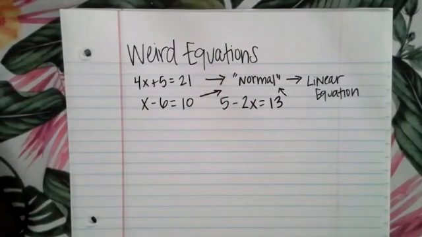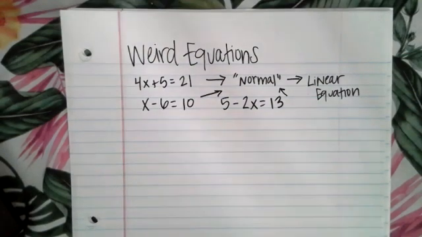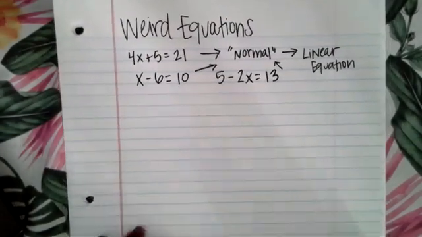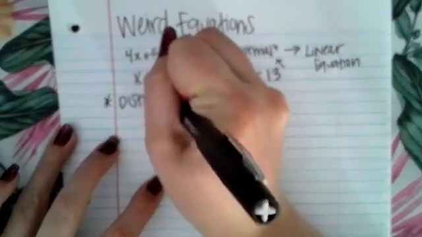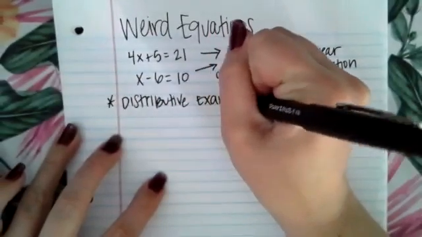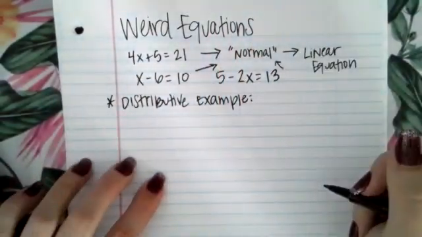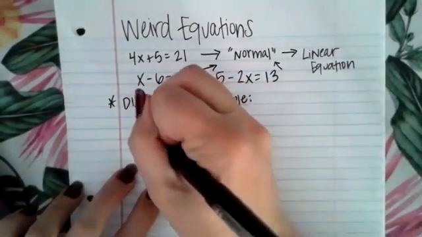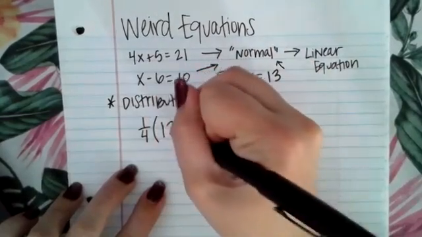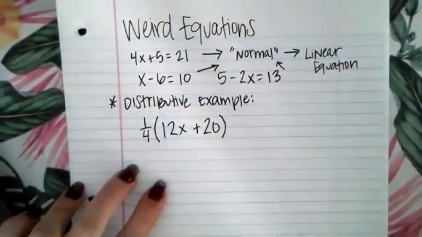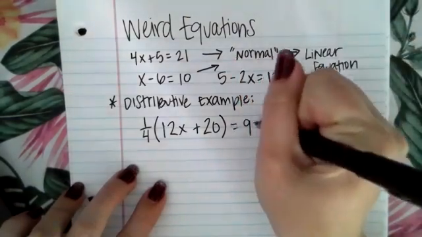So the equations we're going to look at today, we're going to end up solving using the same three-step process. However, they're going to look a little different in the way that they're formatted. The first equation we're going to look at, we're actually going to need to use the distributive property to solve it. So here is an example. Let's say we have the equation 1/4 times the group 12x plus 20,